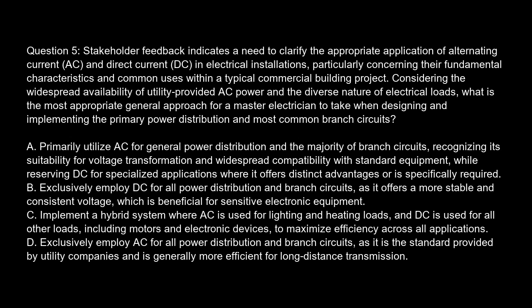Question 5. Stakeholder feedback indicates a need to clarify the appropriate application of alternating current (AC) and direct current (DC) in electrical installations, particularly concerning their fundamental characteristics and common uses within a typical commercial building project. Considering the widespread availability of utility-provided AC power and the diverse nature of electrical loads, what is the most appropriate general approach for a master electrician to take when designing and implementing the primary power distribution and most common branch circuits? Option A. Primarily utilize AC for general power distribution and the majority of branch circuits, recognizing its suitability for voltage transformation